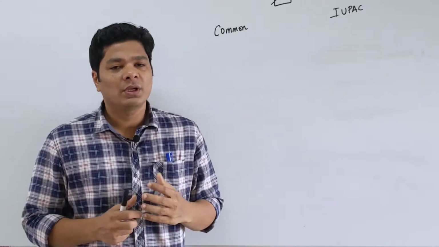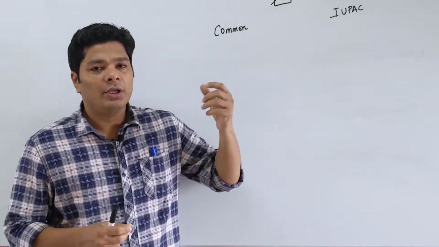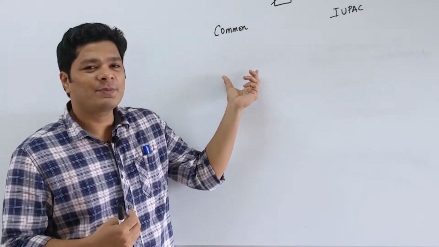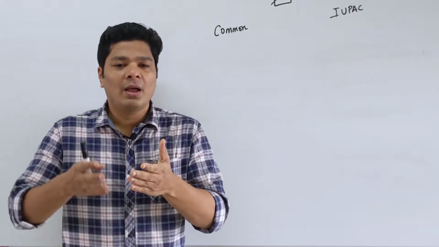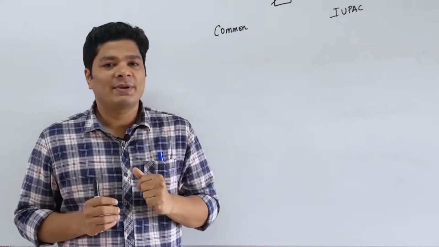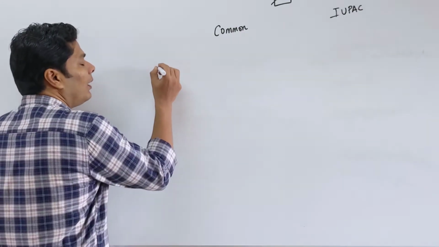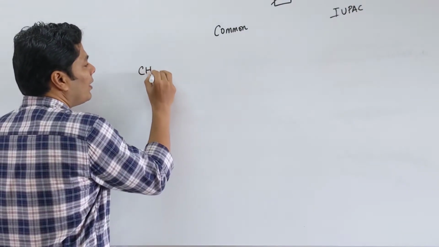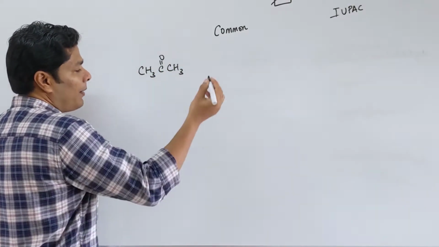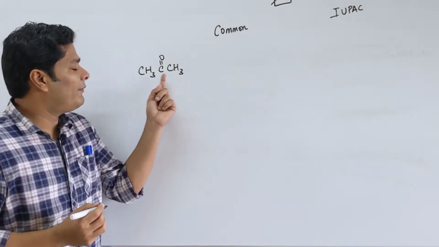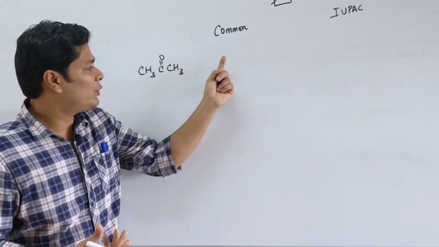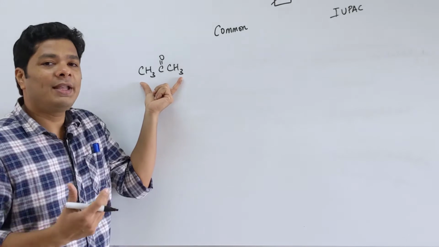When it comes to ketones, ketones are much simpler in terms of common name. The last lecture we saw ethers, so if you are able to do ether, ketones for the most part is pretty much the same. So ethers we used to say alkyl alkyl ether. Similarly ketones we say alkyl alkyl ketone. It's much simpler. For example, we can take it as CH3, C double bond O, CH3. Now we can say it as dimethyl ketone, but there is also one more common name, obviously you guys would know already, acetone. So acetone is a commonly accepted name.